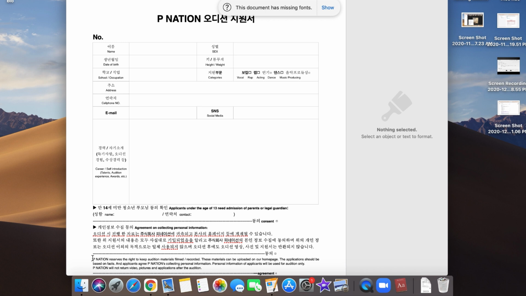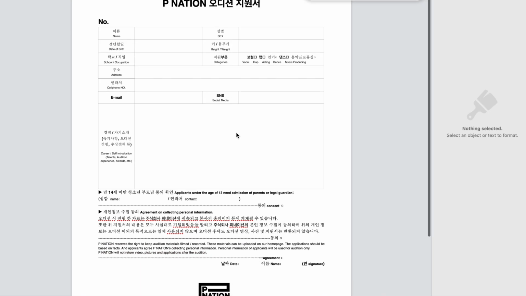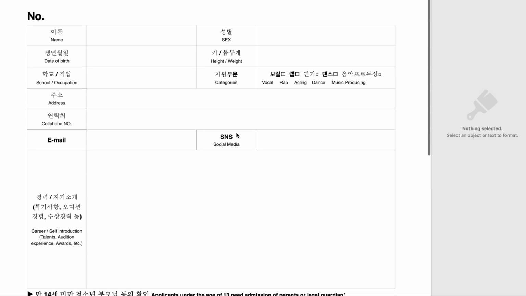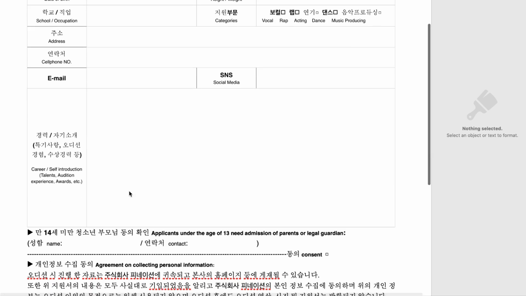Save. This is very similar to the other audition videos that I did. I've done so many application forms, it feels like they're all blending into one. Anyways, let me just explain this. So your name, your sex, your date of birth, your height and weight, preferably in kilograms and centimeters, your school/occupation, which one you want to do, so vocal, rap, acting, dance, and then music producing, your address, your cell phone number, your email, your SNS,